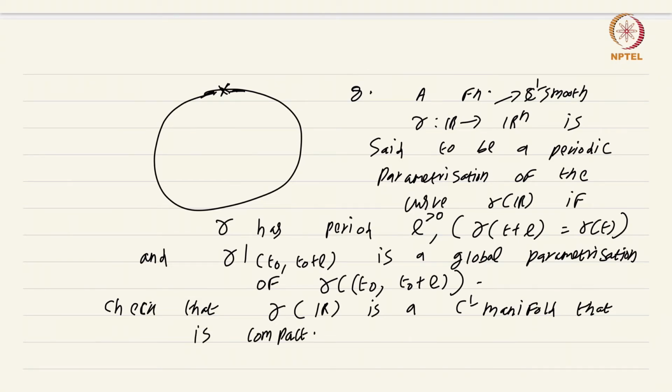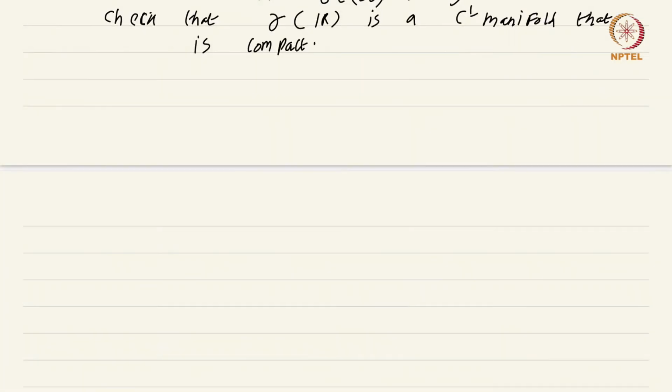Okay, so you can exhibit compact manifolds as images of periodic parameterizations. I want you to also find out a periodic parameterization of the circle. That's rather easy to do. Okay, so the final example is that using these curves, I'm going to define a general manifold called the surface